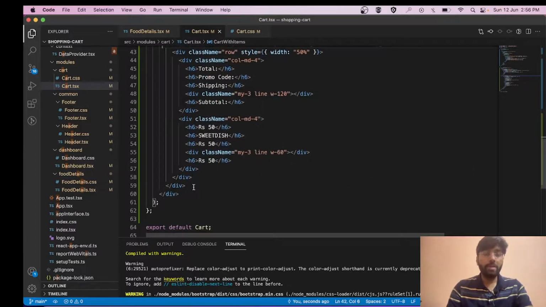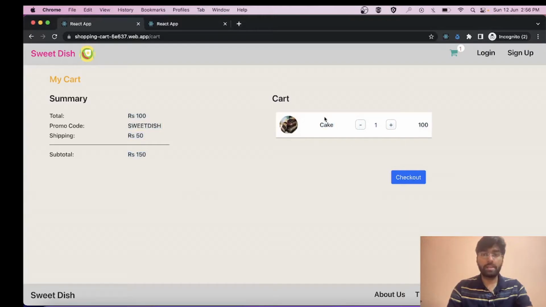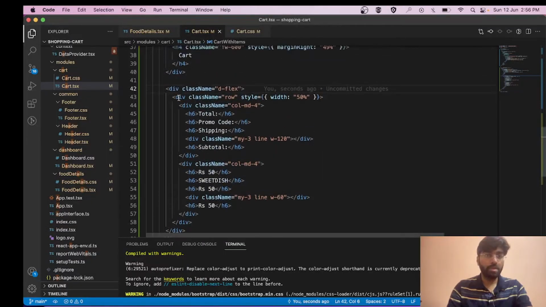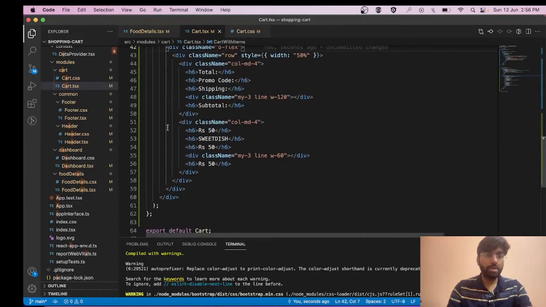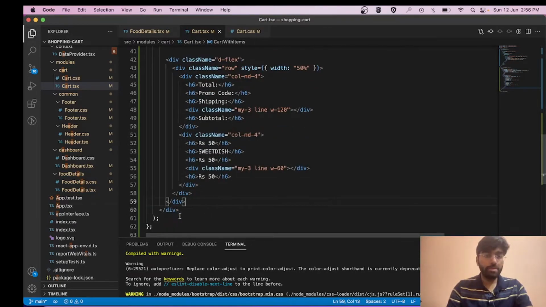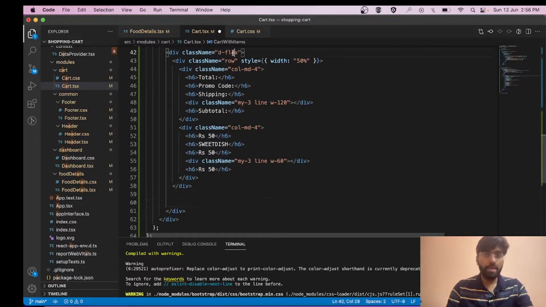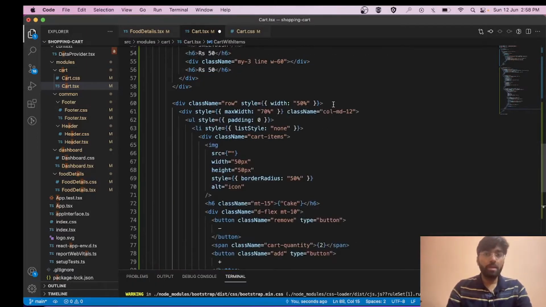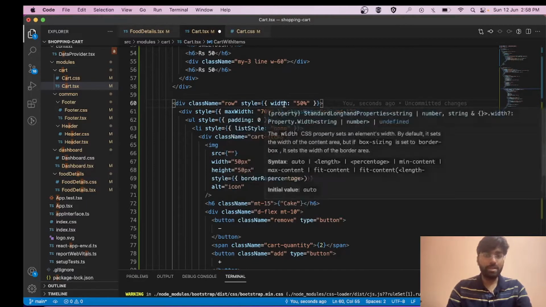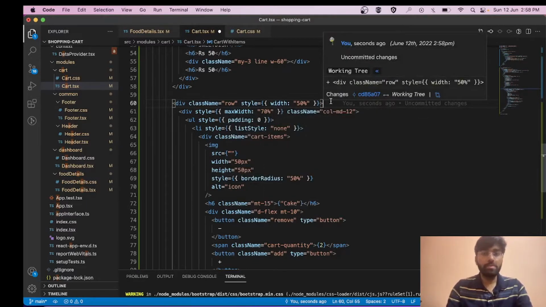Now the next part will be to code this cart section. Okay, so over here, let's hit enter. Actually friends, we have to hit enter over here because it's a display flex, so we have to keep them in position with each other, horizontally aligned. So let's code the cart section over here. So friends, this is our right section. Let's go through it once.